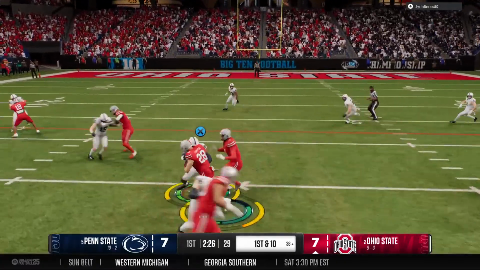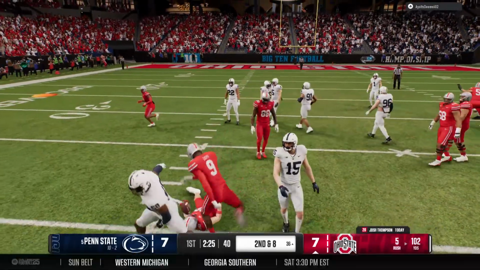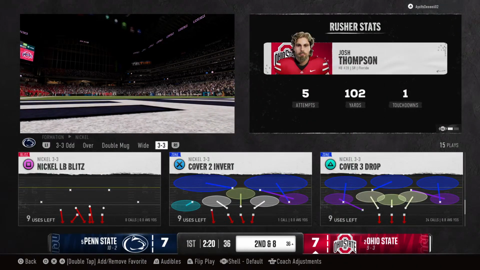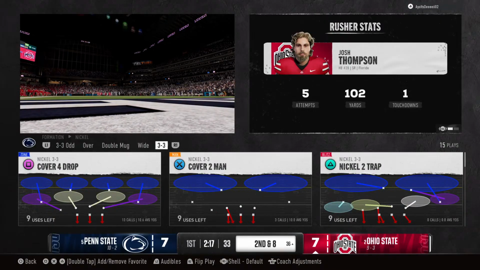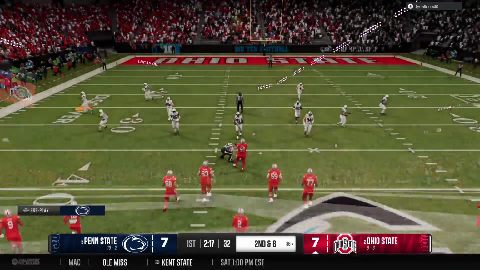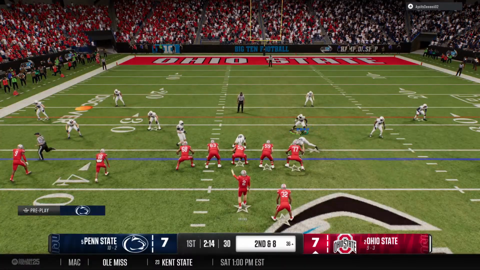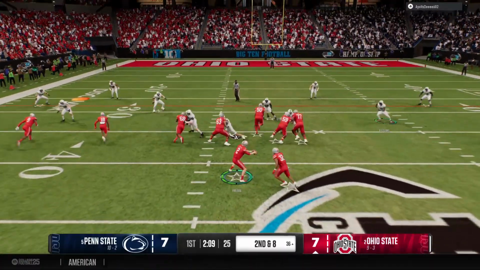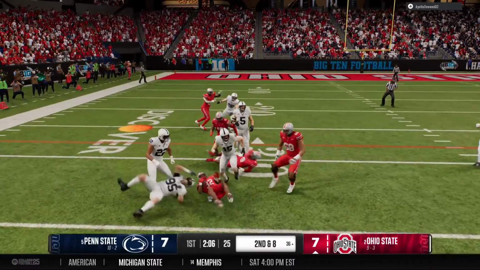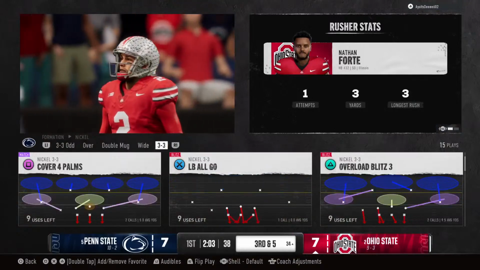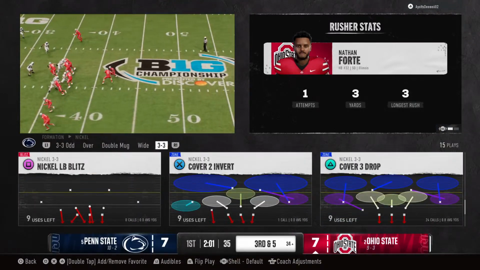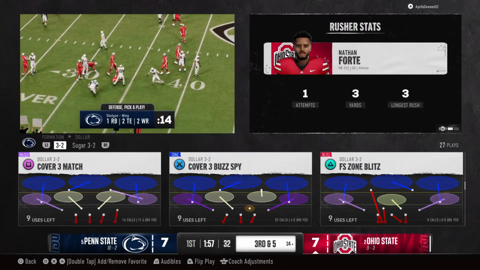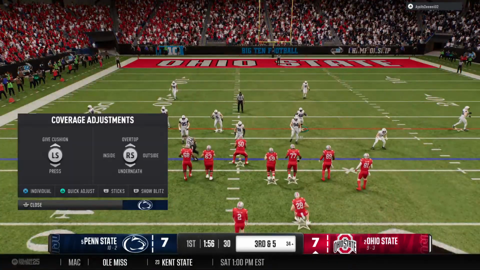Here comes a handoff. Picks up 2, so it's 2nd and 8. Inside give now from the shotgun. And the sophomore is able to bring him down quickly. Well, the defensive coordinator all week telling us about gap integrity, not giving this running back any creases at all. Really sound defense on that play. 3rd down coming up after that running play.